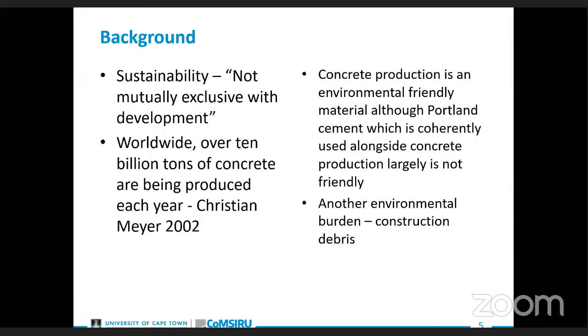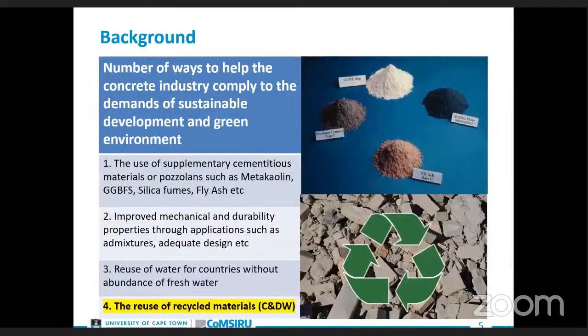And this generally contributes to a larger fraction of our solid waste disposal problem. Now, concrete use in general is at center stage. Hence, what was a success story has turned both causer and victim of its own destruction. Now, there are a number of ways that we can adapt in the concrete industry to comply with the demands of sustainable development and